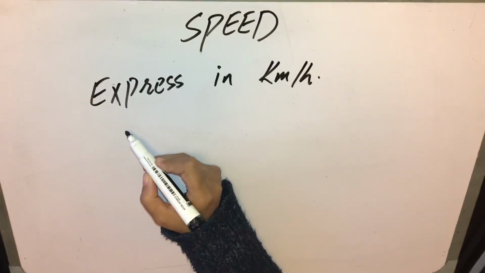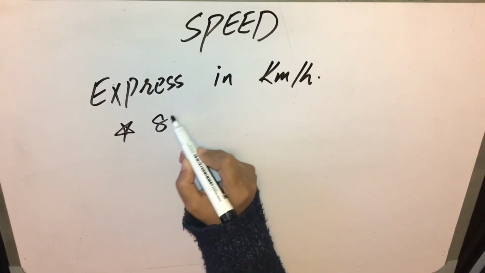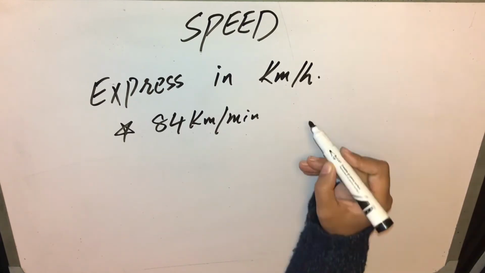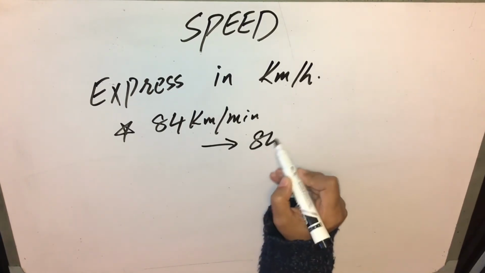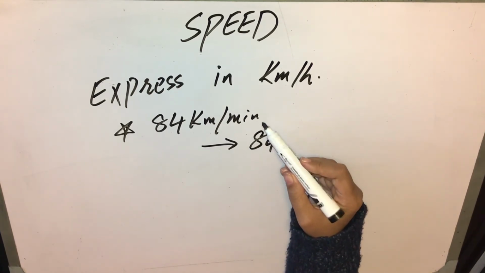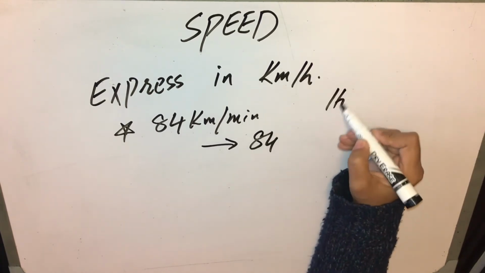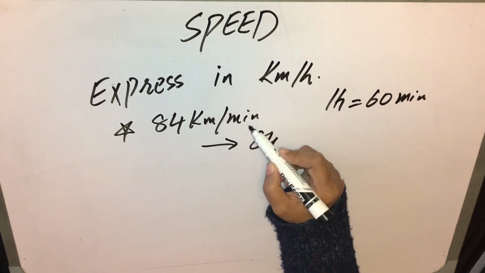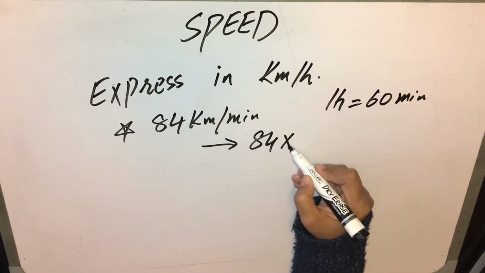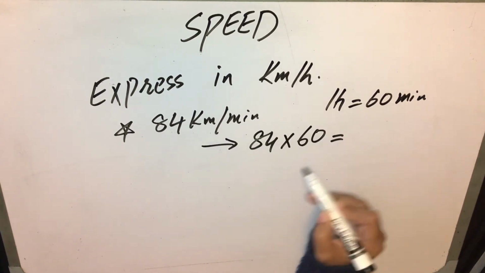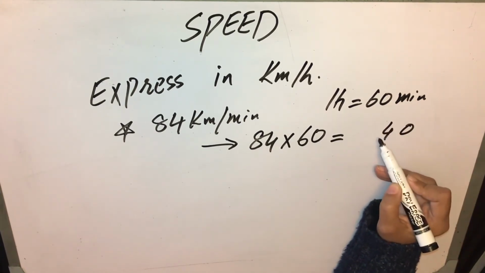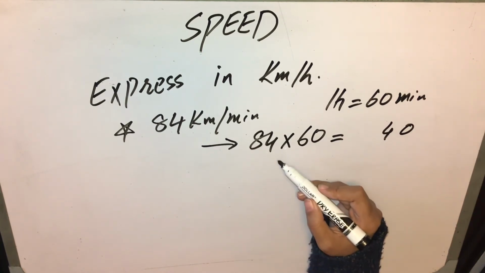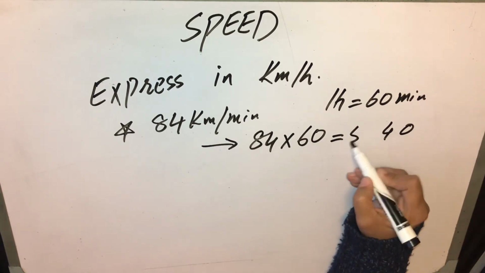We have 84 kilometer per minute. So we have to convert it into kilometer per hour. Already it is in kilometer, so we just have to convert the minutes into hours. In 1 hour there are 60 minutes. So when we have to go to a bigger unit, we divide; so basically we have to multiply this 84 with 60 and our answer will be 6 4s are 24, 6 8s are 48 and 2, 5040.